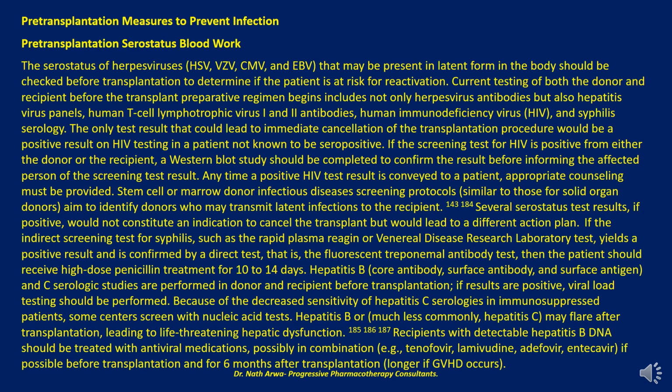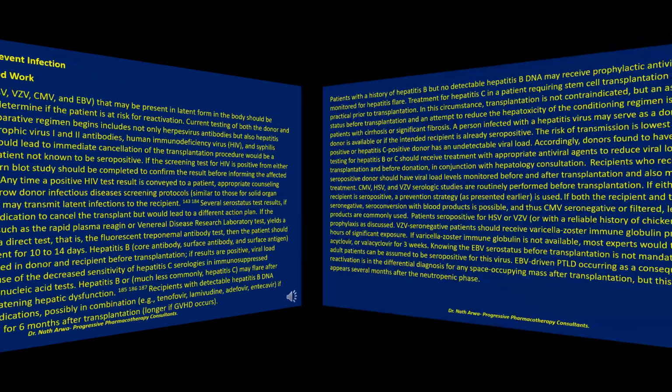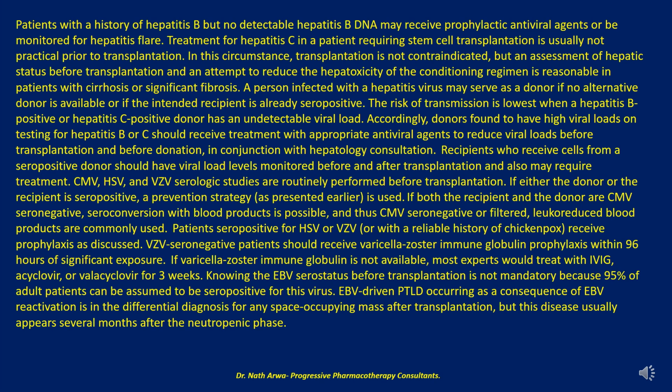Recipients with detectable hepatitis B DNA should be treated with antiviral medications, possibly in combination, e.g., tenofovir, lamivudine, adefovir, entecavir, if possible before transplantation and for 6 months after transplantation, longer if graft versus host disease occurs. Patients with a history of hepatitis B, but no detectable hepatitis B DNA may receive prophylactic antiviral agents or be